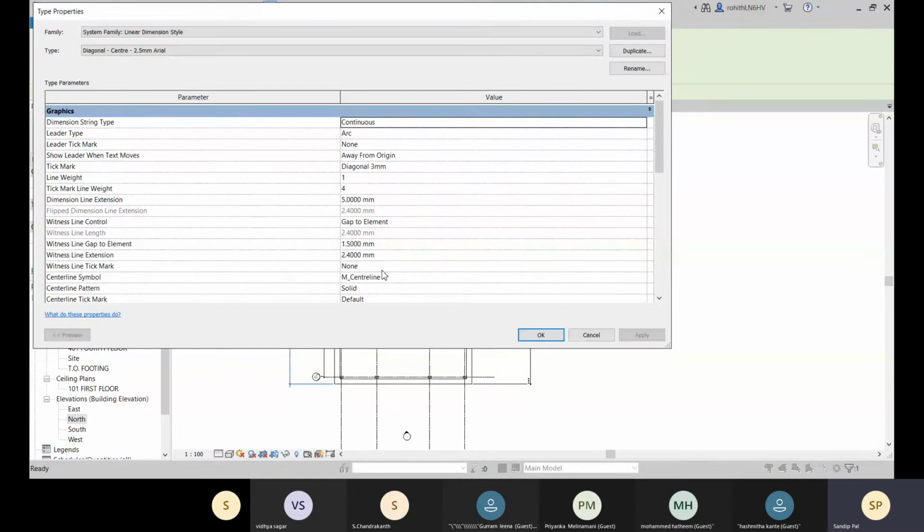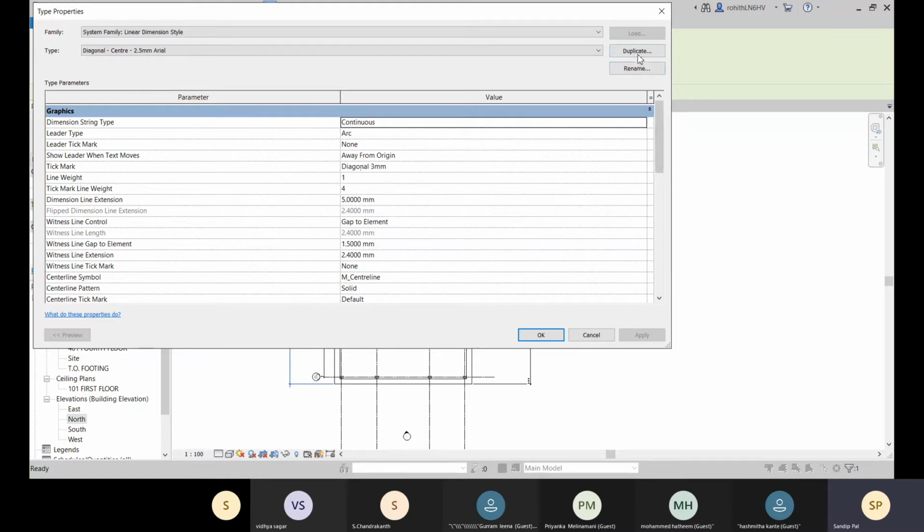And one thing I should mention, that before changing this, you must create a duplicate. Suppose you need to work with this one with the default. If you remember all of the values which were in default condition, that's very good, but it's hard to remember all the default values.